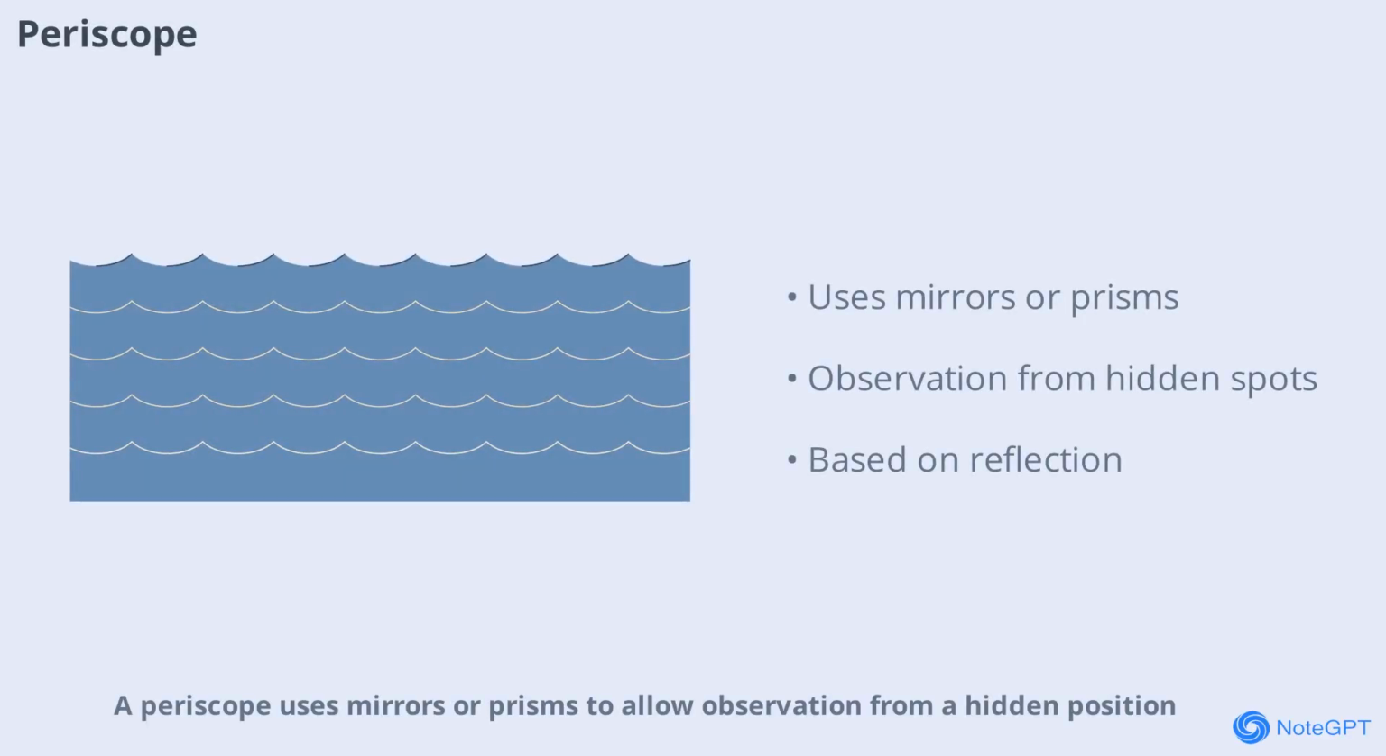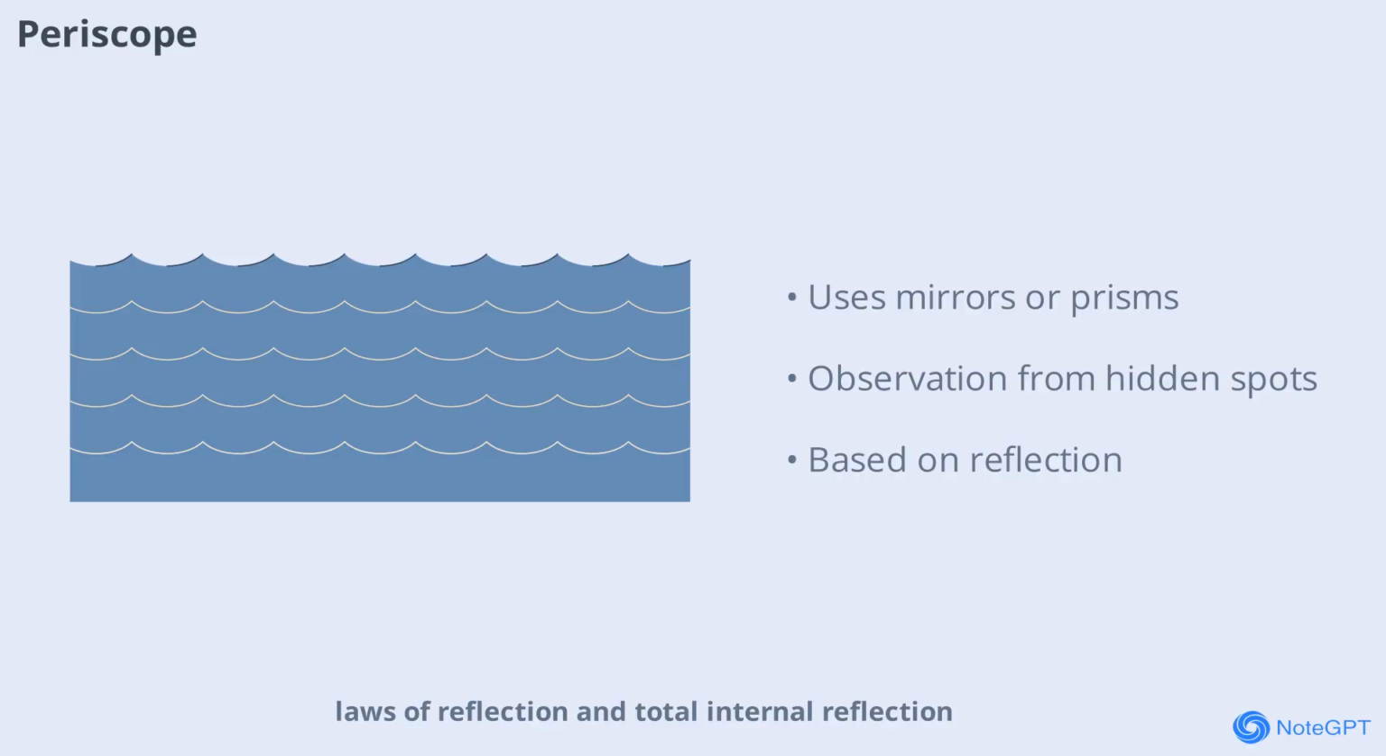Periscope uses mirrors or prisms to allow observation from a hidden position. It's commonly used in submarines and by soldiers in trenches. The periscope's design is based on the laws of reflection and total internal reflection, making it a practical application of